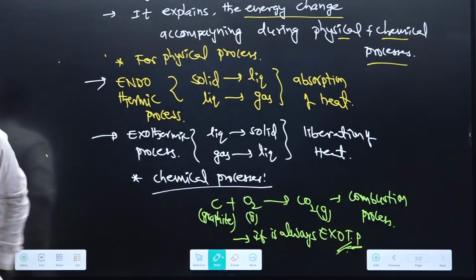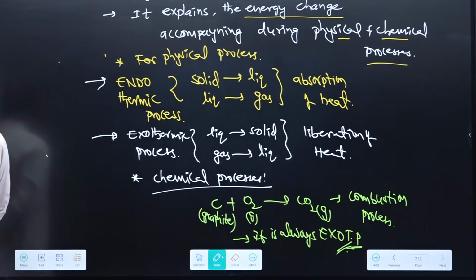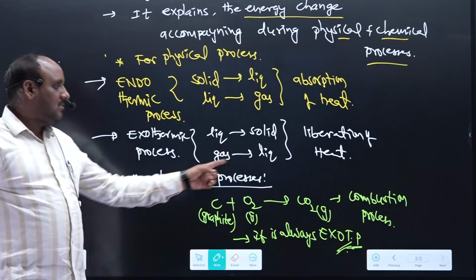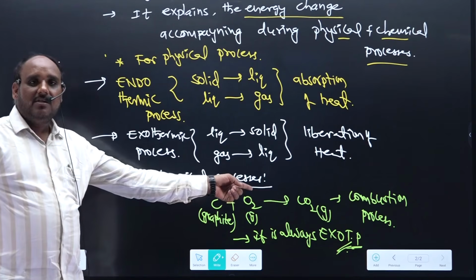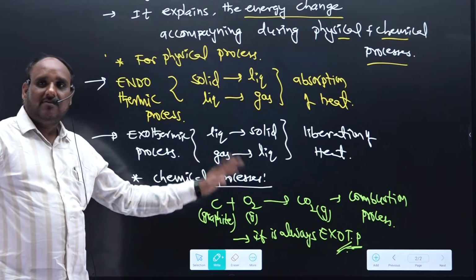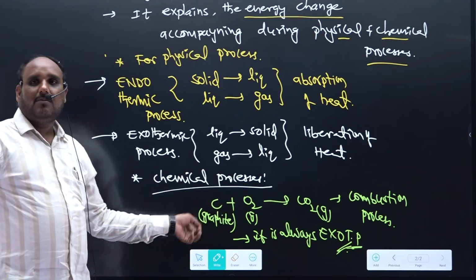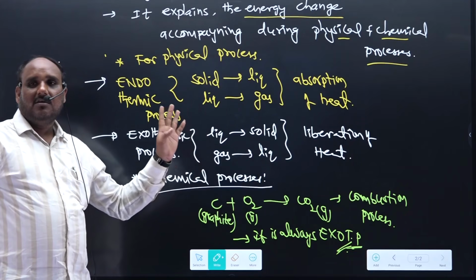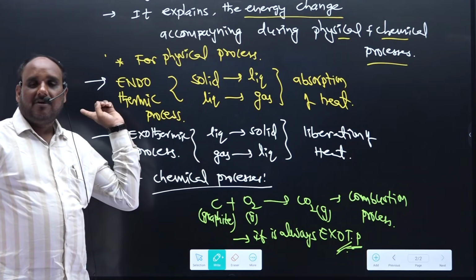Whatever the substance is that burns with oxygen, it can give gaseous products. At that time some amount of heat will be released. So during this chemical process, how the energy changes take place, with the help of that we are going to express the properties of that particular reaction